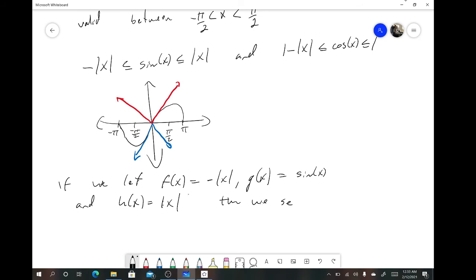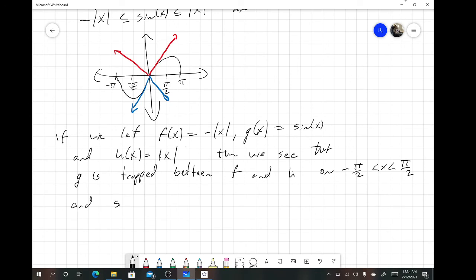Then we see that the following is true. G is trapped between f and h on the interval negative pi over 2 to pi over 2,